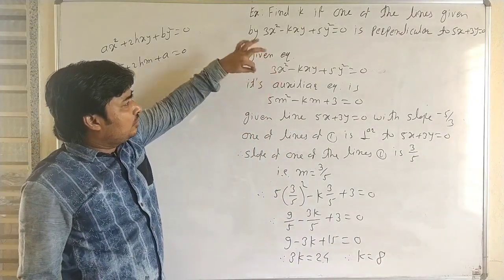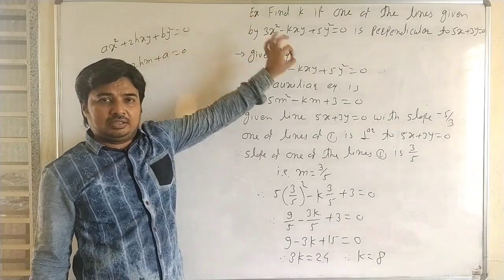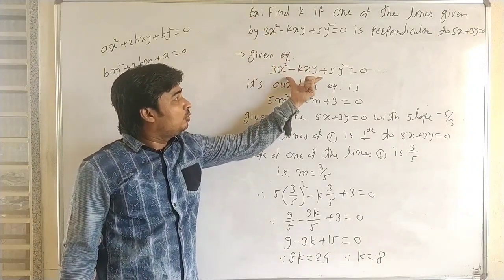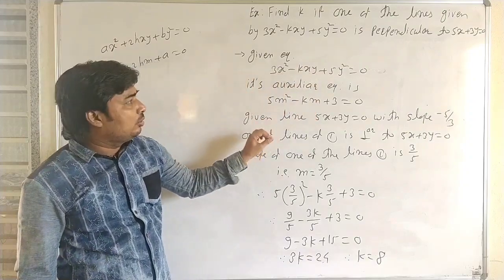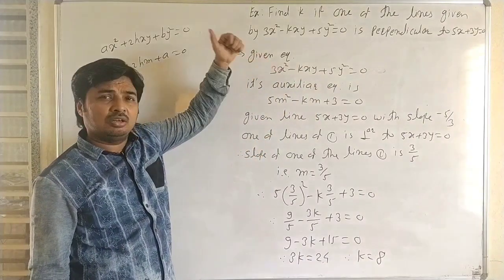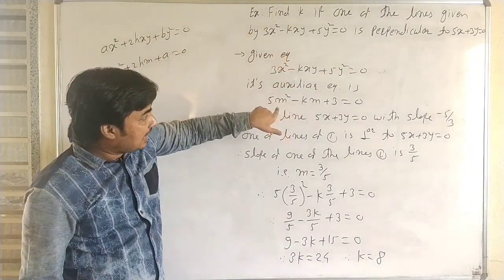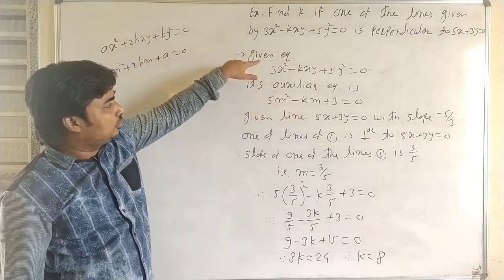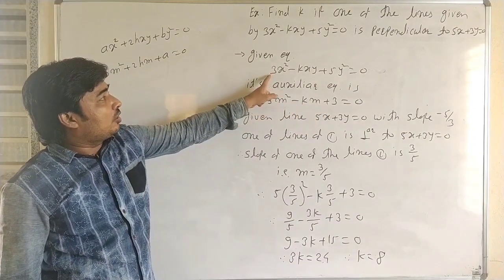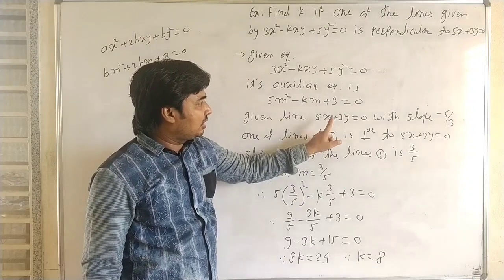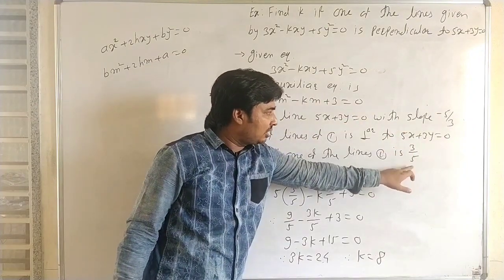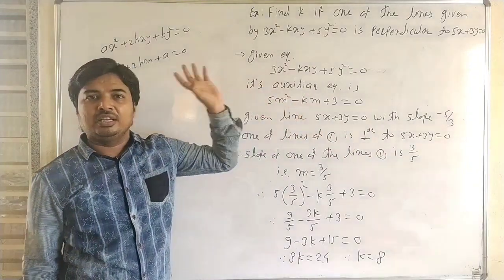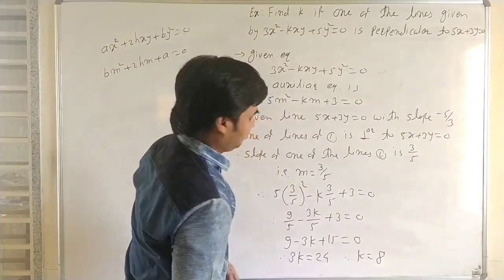Here, when we know the slope of one of the lines represented by a second degree homogeneous equation, then this slope satisfies the auxiliary equation of the homogeneous equation. Then if one of the lines is perpendicular to a given line, the slope is that of the perpendicular line, it is 3 by 5, and that 3 by 5 satisfies the auxiliary equation. Okay. Now next,